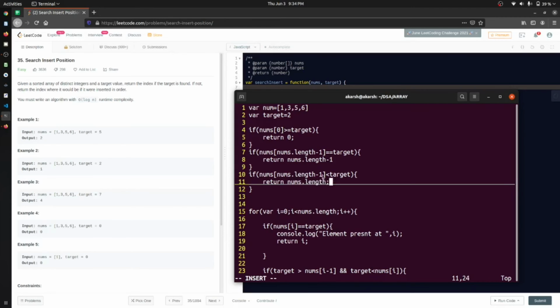Because the last element is smaller than the target, it means that if we have to insert 7, 7 will be at the last point. The length will be increased, so last index minus 1 plus 1, the minus and plus just cancel off, and you will get this answer.